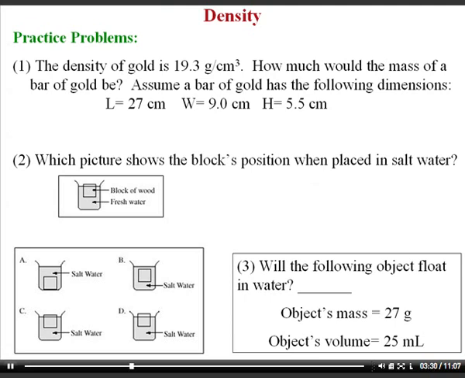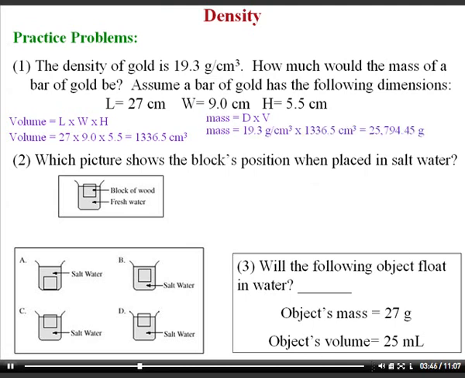We already know the density, that was given 19.3, but in order to find the volume of this bar of gold, we have to take the length times the width times the height. And they're all in centimeters, so we can multiply them together to get an answer of cubic centimeters for the volume. Then we're going to take that answer and multiply it by the density that was given, and we have 19.3 multiplied by our volume answer, and you end up getting around